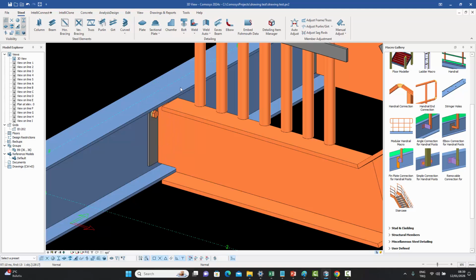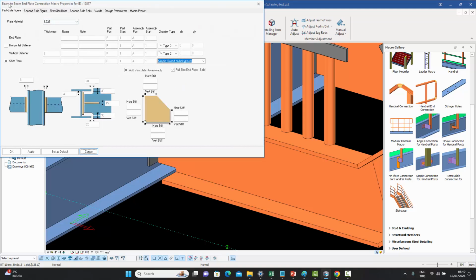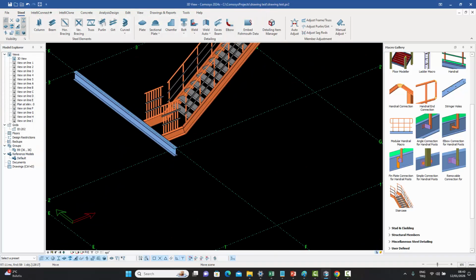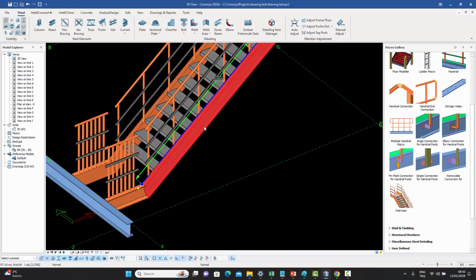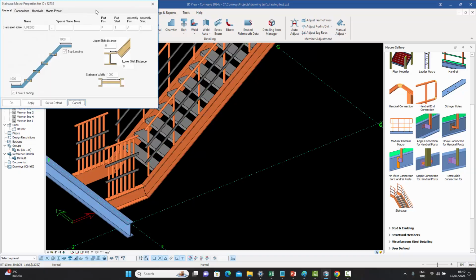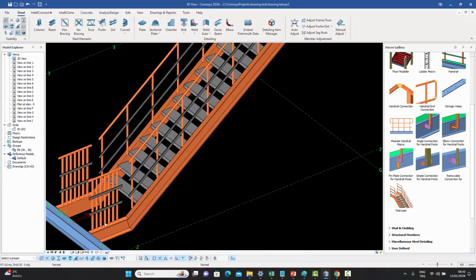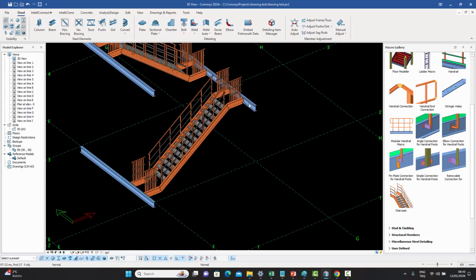So for example, right now it's creating the beam-to-beam end plate connection, but if you go inside the macro, you can choose any one of the connections from the beam-to-beam end plate, or the stiffened end plate, or the fin plate, or the angle plate, or a general end plate. You can choose those connections over here and over here at the landings. You have control over